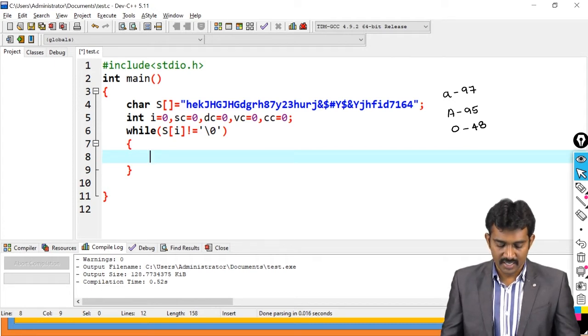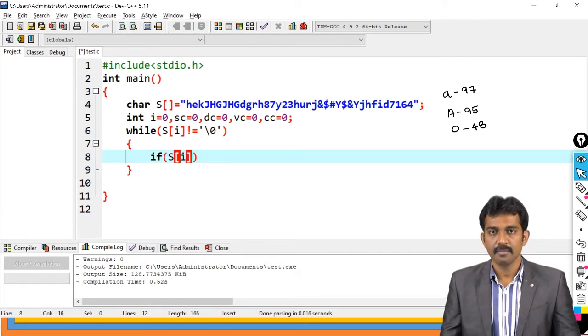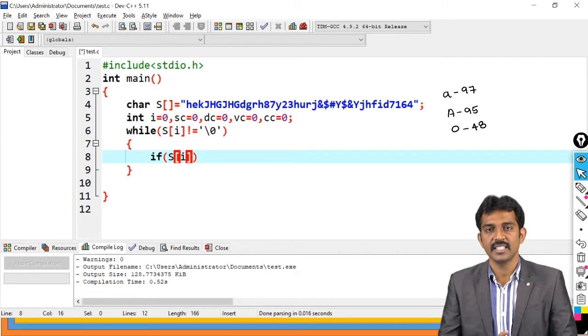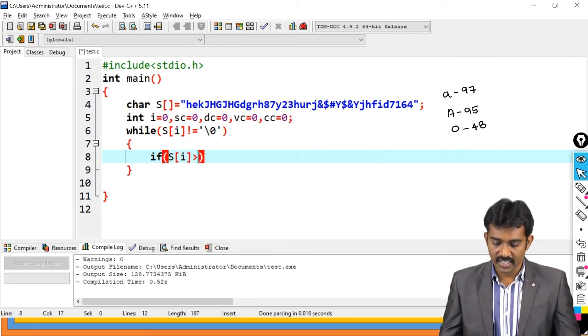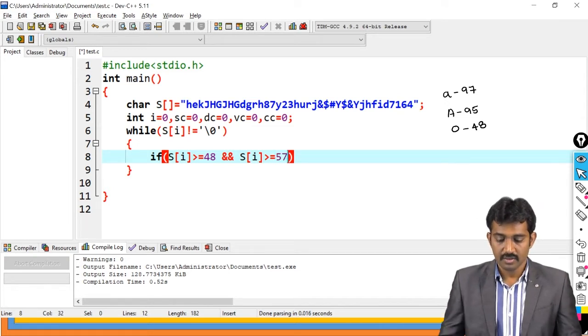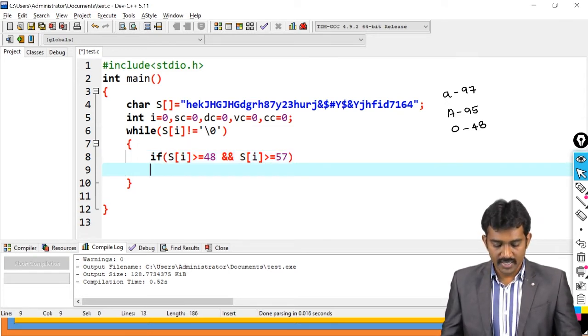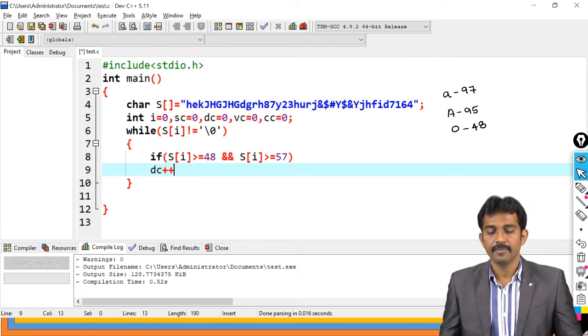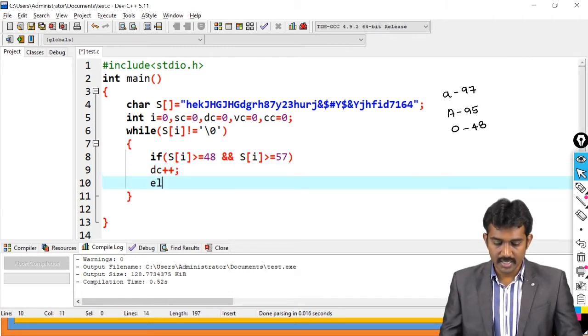The first thing, please note this: if it is a digit, meaning S of i is greater than or equal to 48, and S of i is less than or equal to 48 plus 9, that is 57, then this is the DC count. DC plus plus. Else